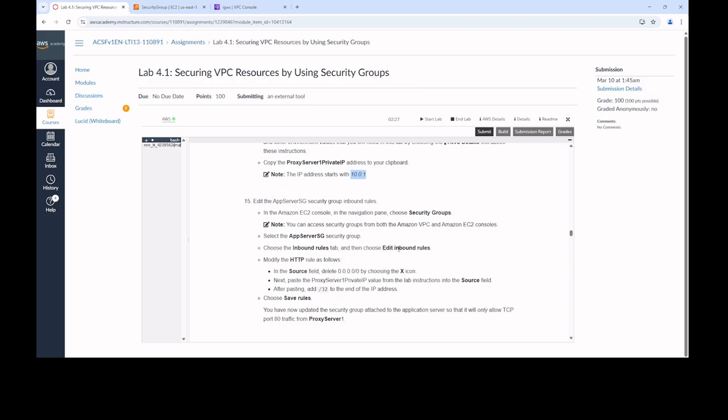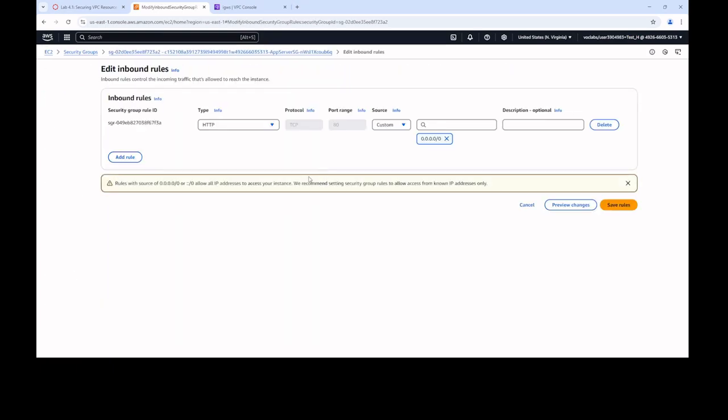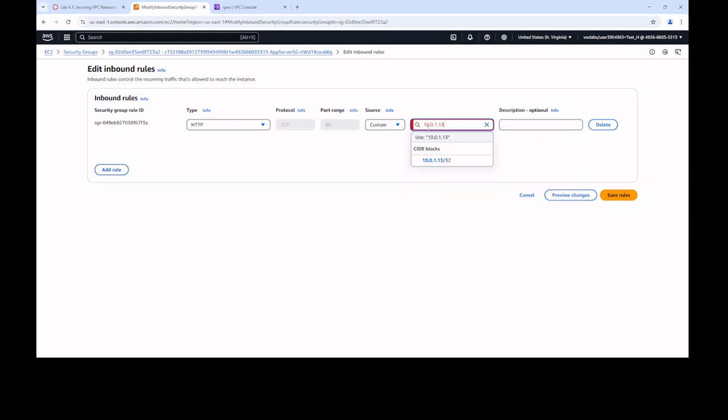That is edit inbound rule, and then we have to delete the all traffic 0.0.0.0, and next paste the IP address that is only relevant to us, and add /32 at the end of the IP address. So only that IP address will be allowed to do things. So I edit inbound rule, and in here we are going to add this one,